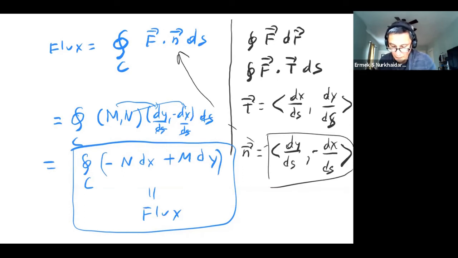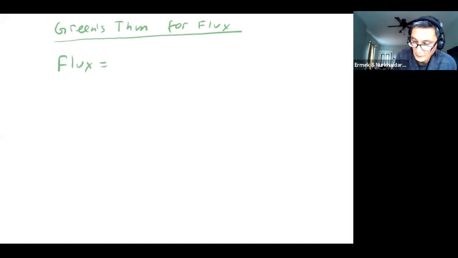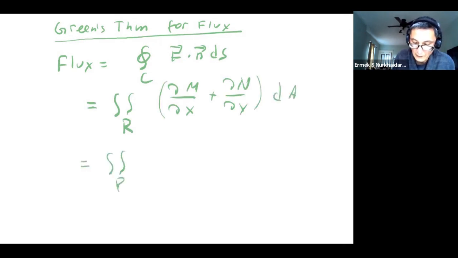And then from here, we can get Green's theorem for flux. Flux, closed to the curve C, equals a double integral over R of partial derivative of M with respect to x plus partial derivative of N with respect to y, which equals the divergence of F, where